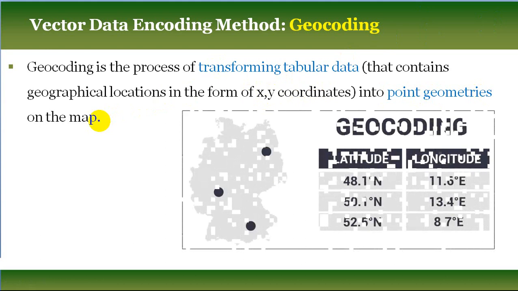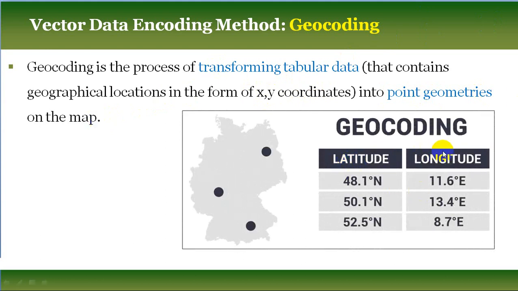So let's see. You can see we have a table where tabular data contains longitude and latitude information. Longitude is called the X coordinate, latitude is considered the Y coordinate. So this X and Y coordinate data the GIS software will use, and with the help of the geocoding method it will automatically create 3 points. Each point will represent one particular longitude latitude pair.